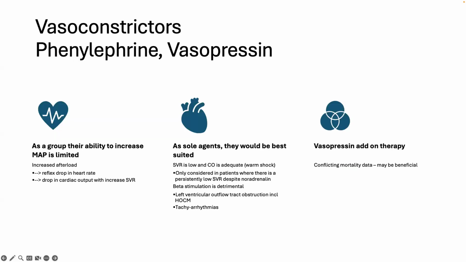All right, the vasoconstrictors, the pure vasoconstrictors, phenylephrine and vasopressin. The problem with these medications is that by design, their ability to increase your blood pressure is limited, because when you give a patient a pure vasoconstrictor, you increase your systemic vascular resistance, and then you get a reflex bradycardia. So from phenylephrine, you get a bradycardia just purely because of your increased vascular resistance. Vasopressin may also act in the brain by binding V1 receptors in the brain and causing a bradycardia in that fashion. So they then drop your heart rate, and as you remember, your cardiac output